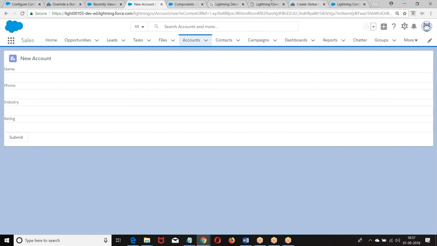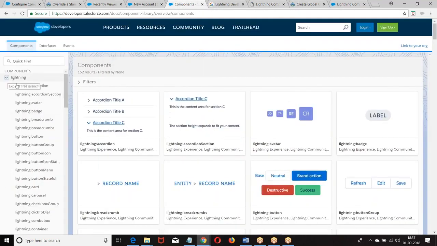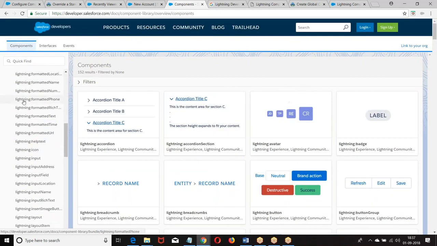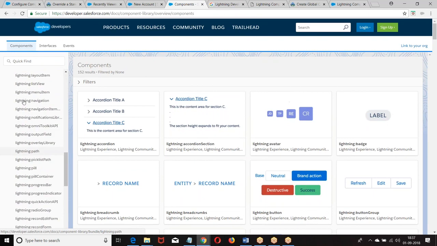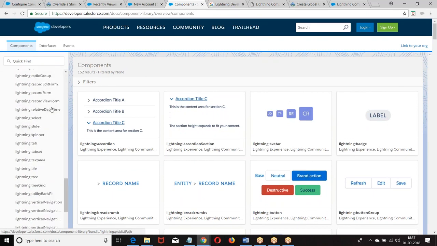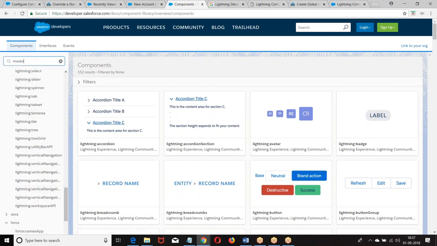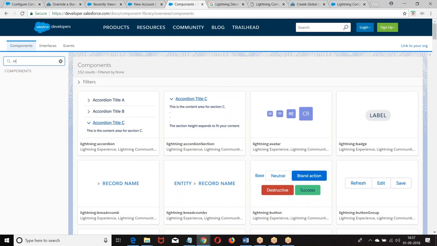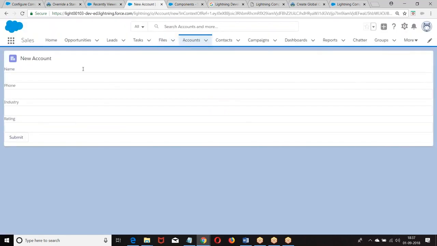We have an attribute. What was the attribute? Lightning modal. There is a modal concept here which we can use. There is an attribute called modal using which we can do it. It's not available here. Okay. The pop-up box is called a modal concept. Using that we can achieve it. I'll do an example in the coming classes. So this is simply replacing the component.